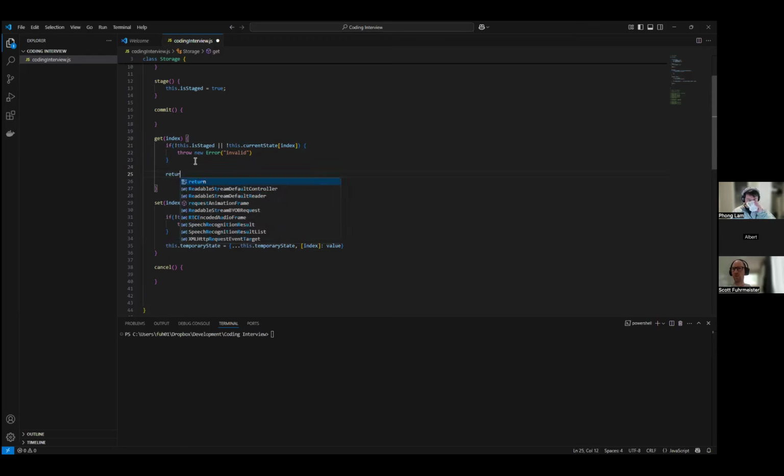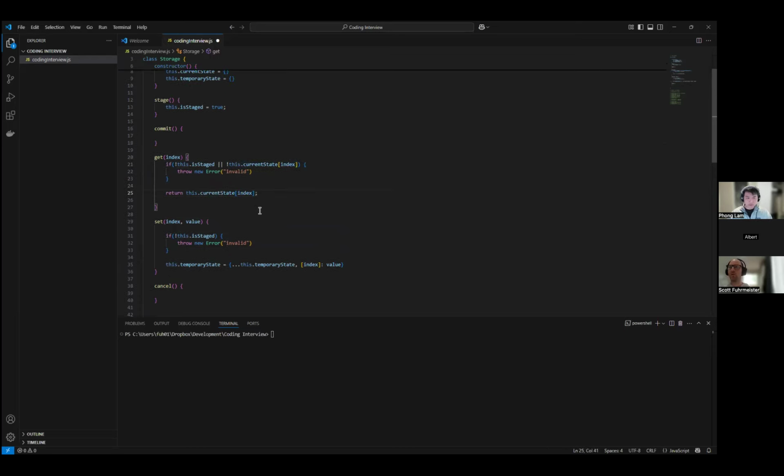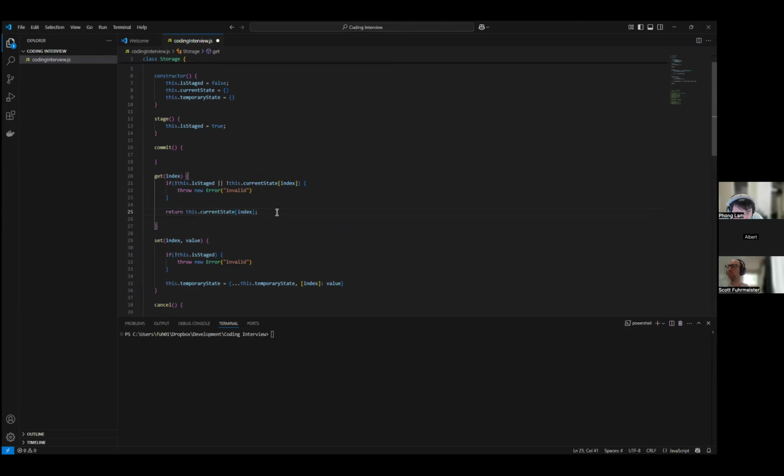Otherwise, get will just return this.currentState at index. We can just return that. So one quick thing, this might trip you up a little bit because it's JavaScript. Right now, if your this.currentState at index equals 0, it's still going to be invalid.